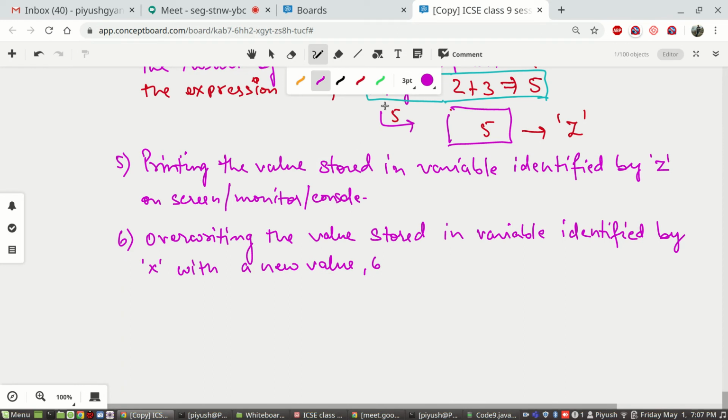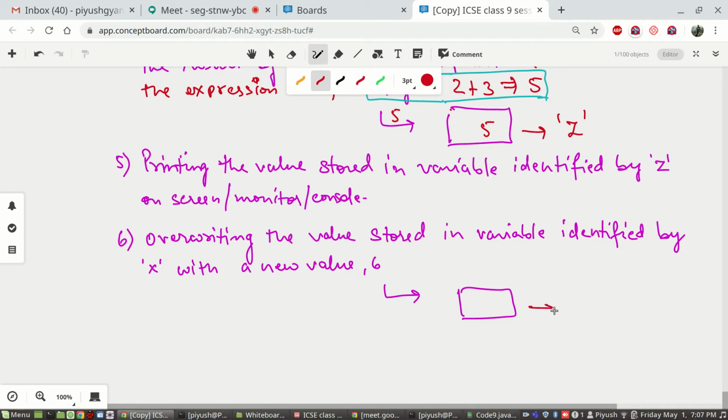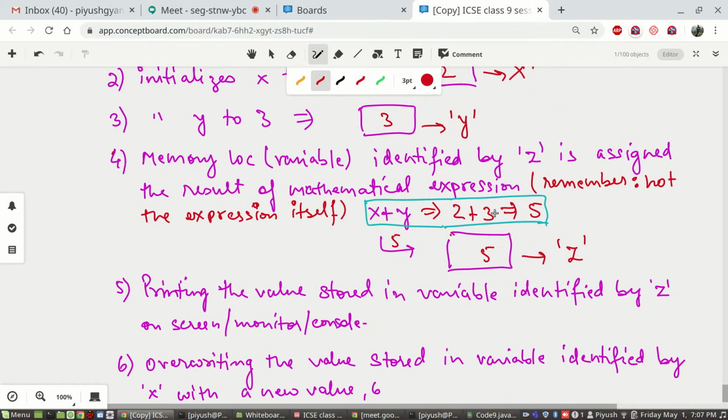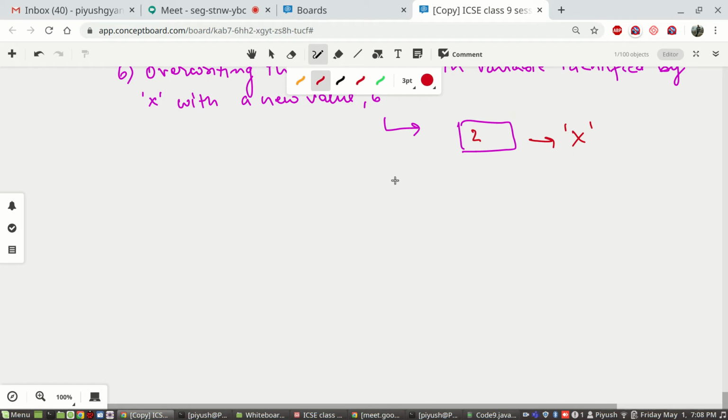Now what will happen in the background? It will look for a memory location identified by x. Okay, in the memory location identified by x, it will find that 2 is there already. You can see 2 was there in that location already. It will rub it and write in place of that what, 6.